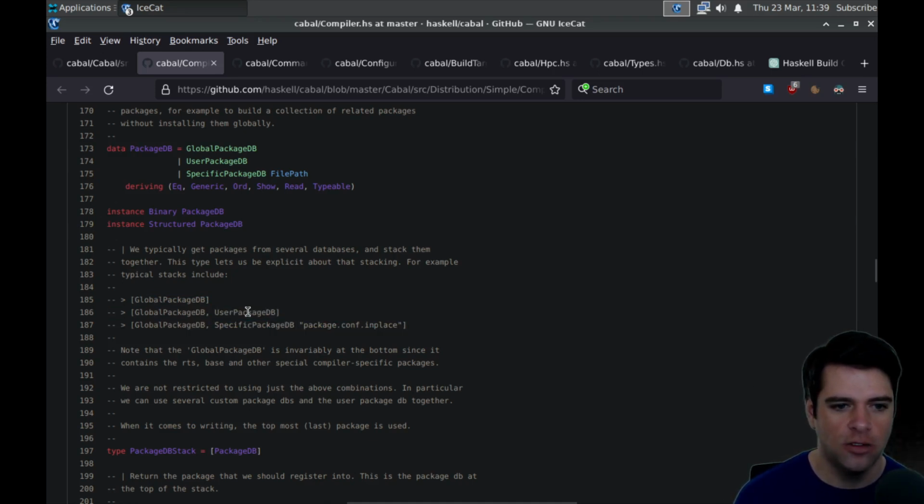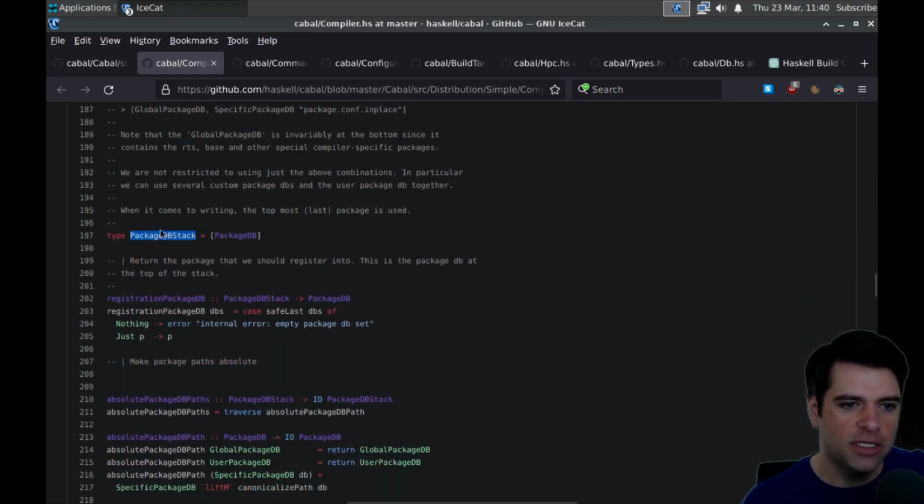And I don't know how user package and specific package interact, but if you have these two, then global is always first. Global package DB is invariably at the bottom. Okay, I guess earlier in the list is the bottom, since it contains the RTS runtime system, base, and other special compiler-specific packages. We are not restricted to using just the above combinations. Okay.